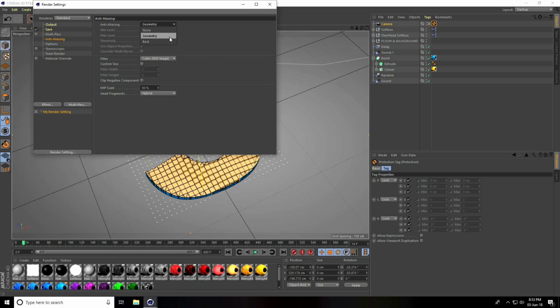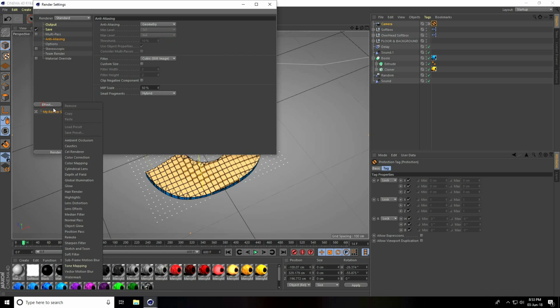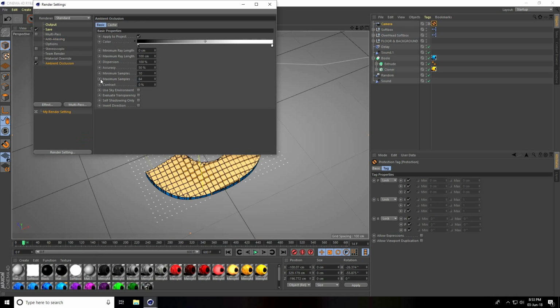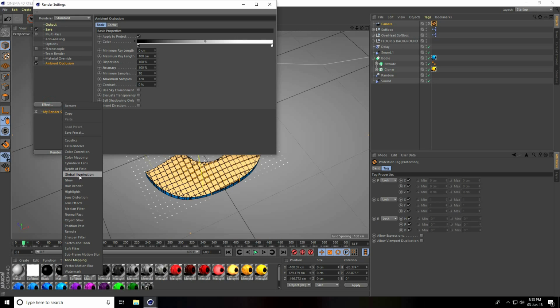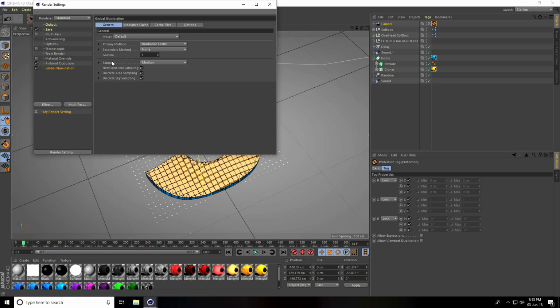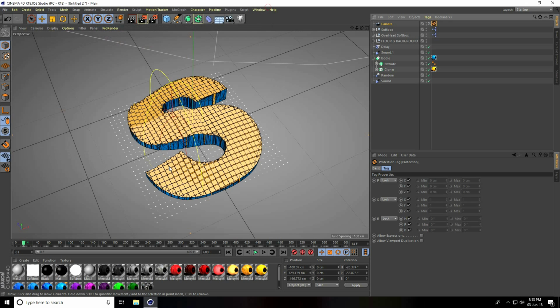I select only geometry and ambient occlusion, maximum samples increase to 128 and accuracy use 100%. Guys, use global illumination, samples. If your system configuration is better, you can use medium, otherwise take low. All is good, close.